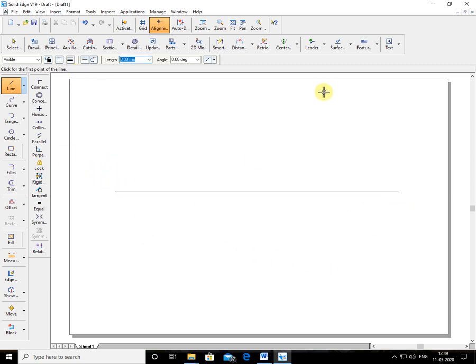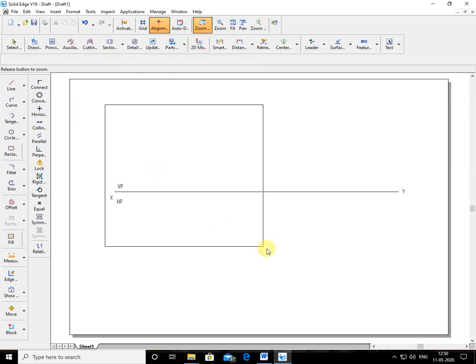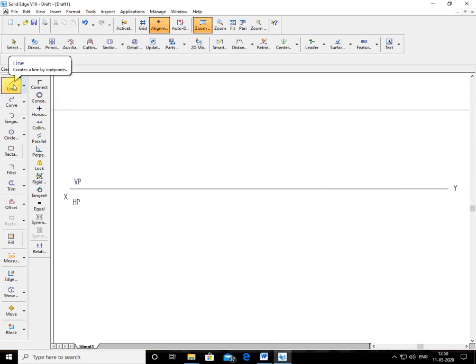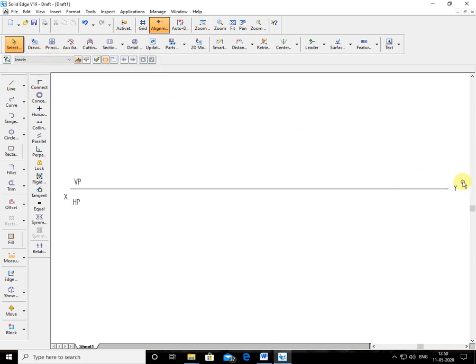Then go to the text command and type capital X, capital Y, and this is the VP, and at the bottom it is HP. I'll zoom the area of working here. That much length is not required, so I'll reduce this length.